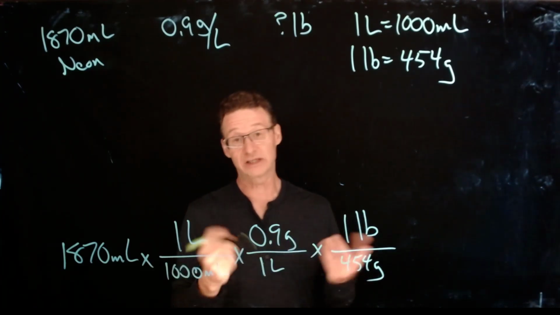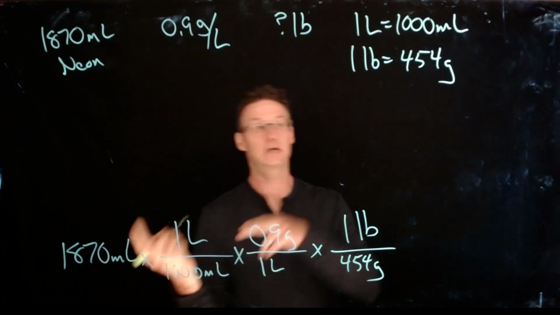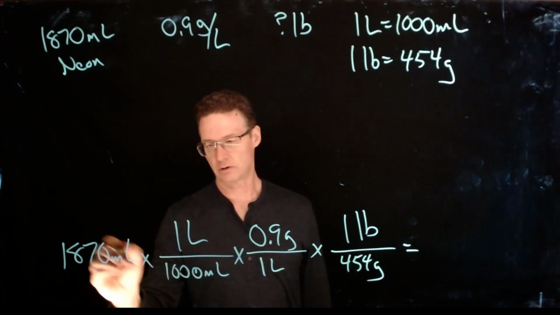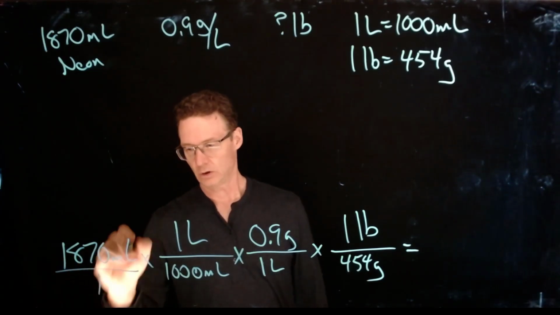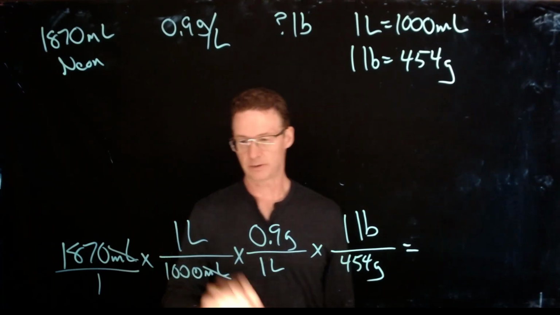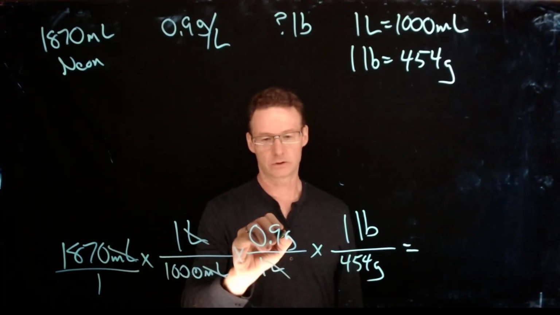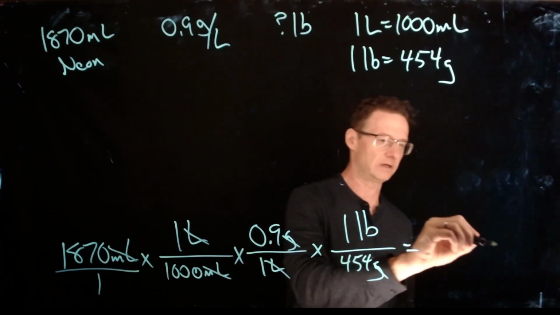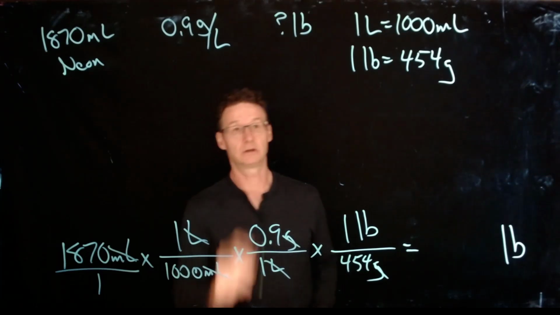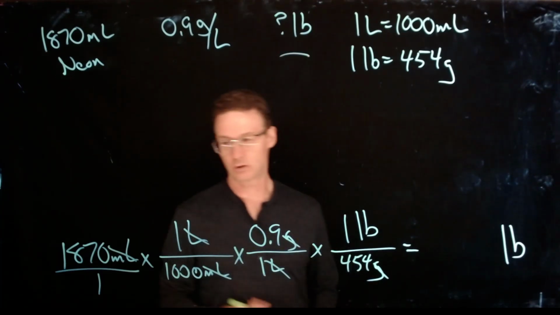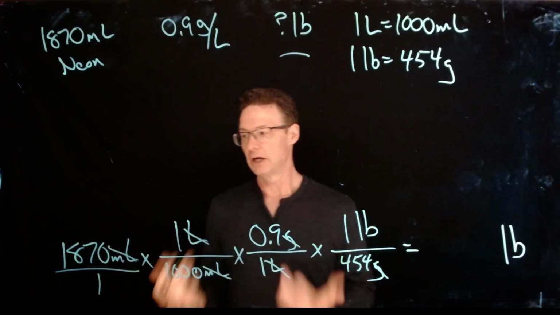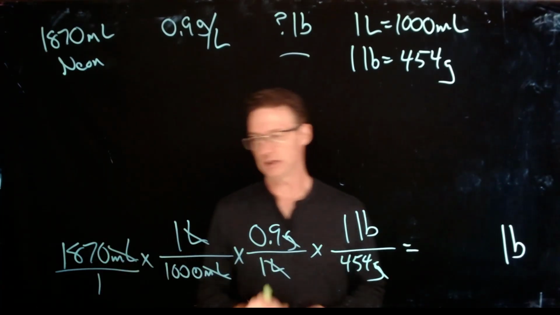Okay, so we needed 3 steps to get from milliliters of gas to pounds of gas. And if we check our units here, the milliliters are in the numerator of the first fraction here, so that cancels the milliliters in the denominator. Liters and liters, grams and grams, which means our final unit over here is going to be pounds, which is what we wanted. That was the question that we started with. So we're going to multiply all the numbers in the numerator, all the numbers in the denominator, and when we do all that out and we divide, we get